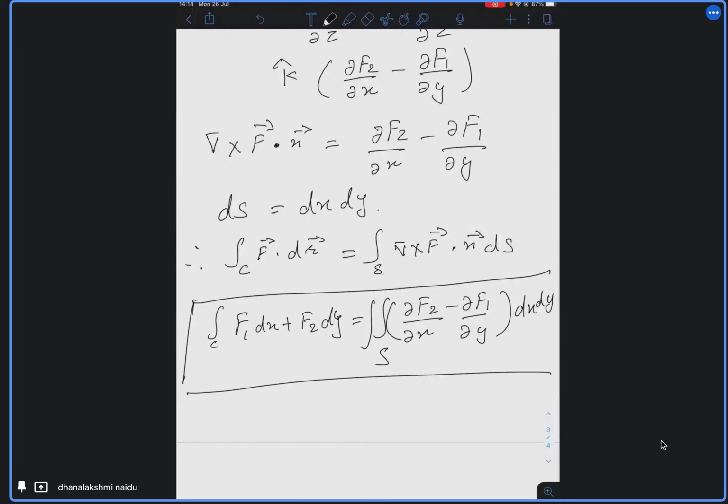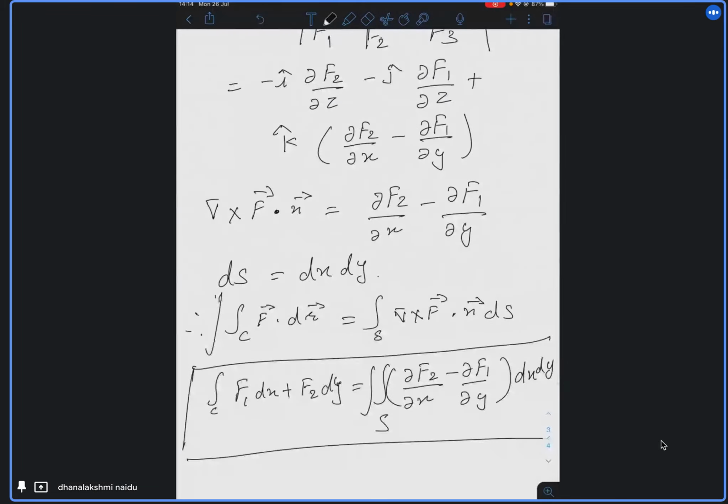Is this not Green's theorem? This statement, the mathematical form? Maybe there you had written m and n, and here instead of m and n you have F1, F2, which are also functions of x and y only. Got it all of you? Okay, so this is the Stokes theorem. Verification means you need to prove both LHS and RHS, and if verification is not asked and they ask you to just apply Stokes theorem, then you only have to calculate the RHS part. Got it all of you?